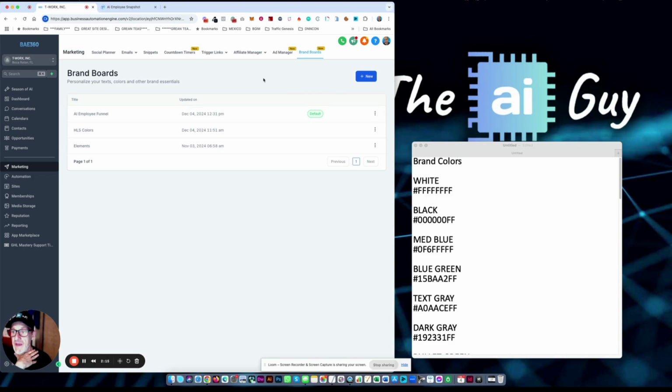for this sub account. So if I created a new funnel, a brand new funnel from scratch right now in this sub account, these brand colors are going to be displayed inside the funnel builder or website builder for me to be able to apply to elements on my page. And as you can see here, you only have one default. And the default is the only set of brand color that you can see in your funnel page or your